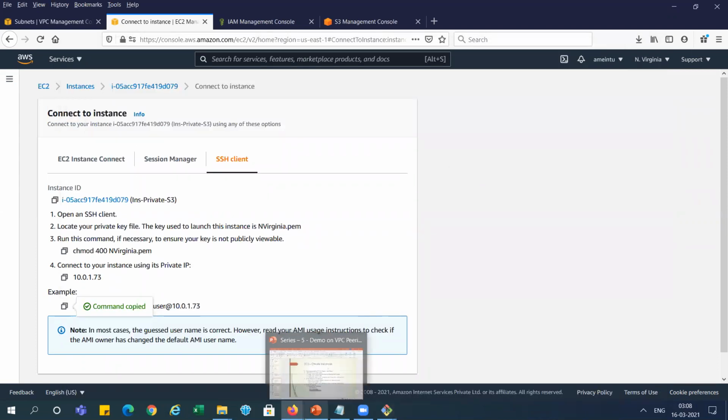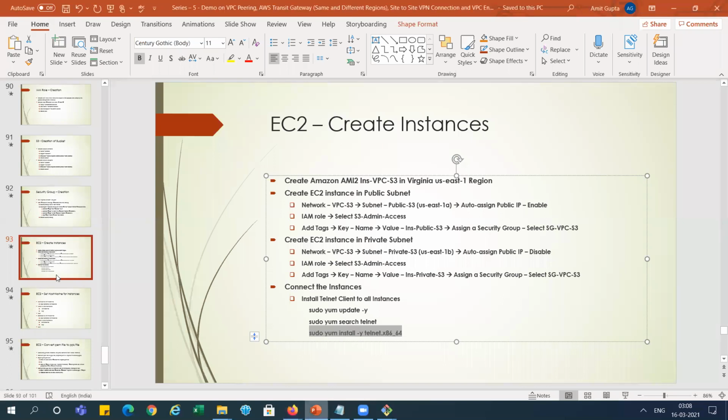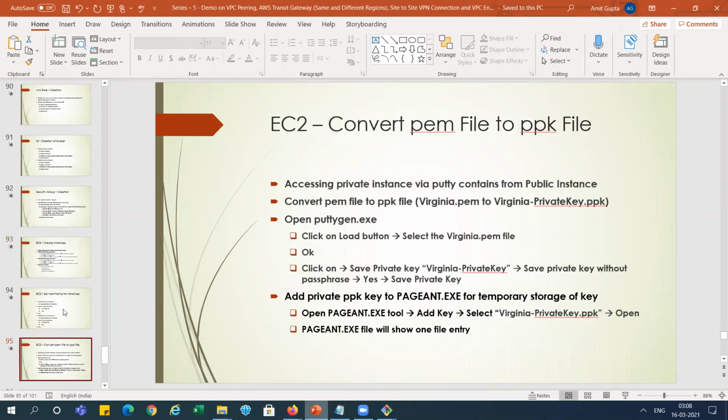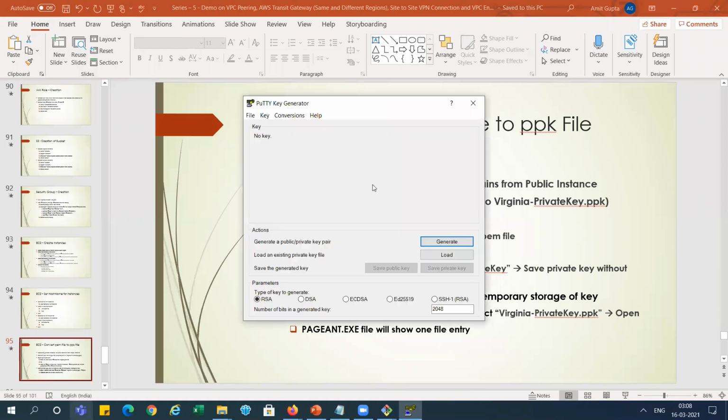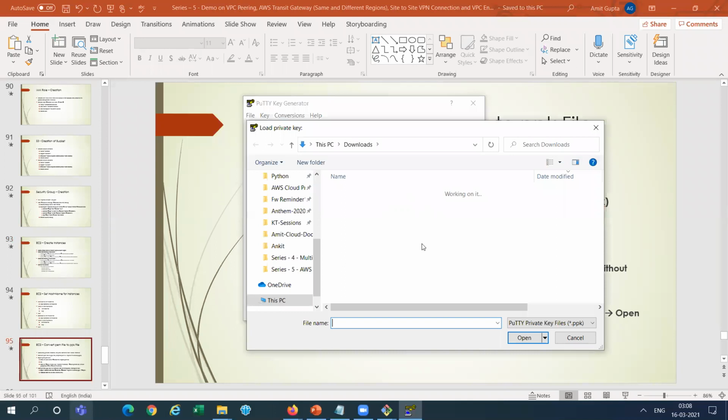So for this, we need to follow some steps. For that, we first need to convert the PEM file to a PPK file, right? So what we will do is open PuTTYgen. I will show you how. The PuTTYgen command is there. You can go and load the key here.